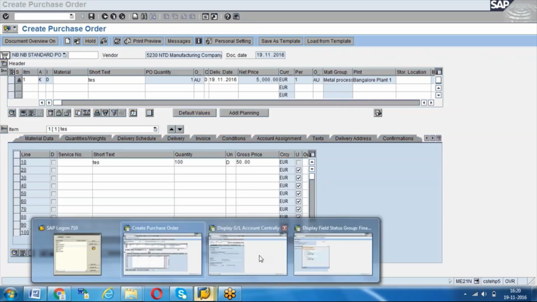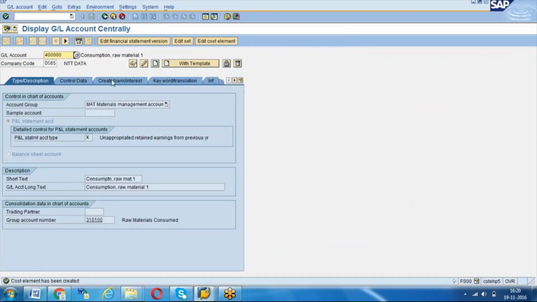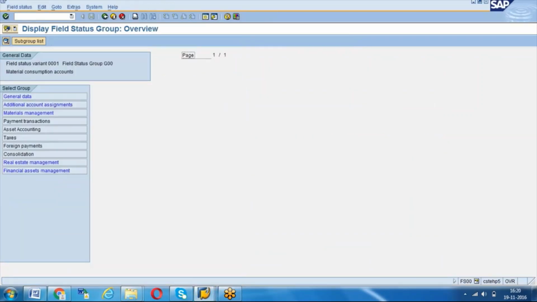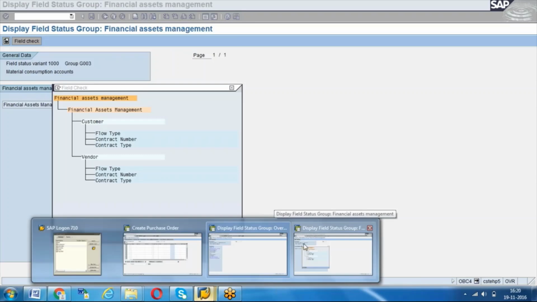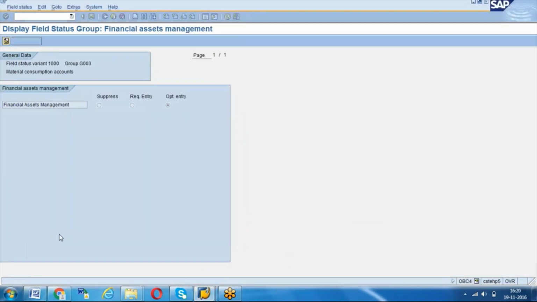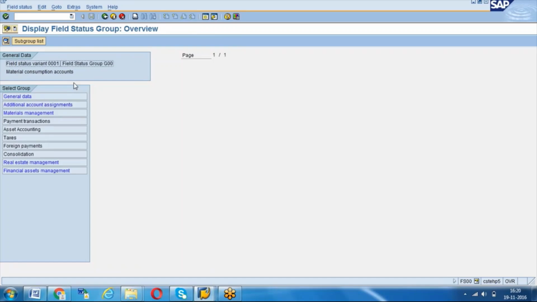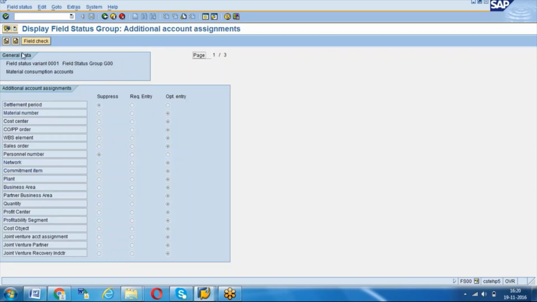When you are creating the GL account, for your status group we are getting the field selection variant. The field selection variant has a certain kind of mismatch with cost center. What kind of mismatch? We have just discussed it. For example, cost center is mandatory for K, but the respective field selection group might have suppress, which means it won't be visible. Business area is mandatory for that field selection group. If, for example, you come to this first screen,